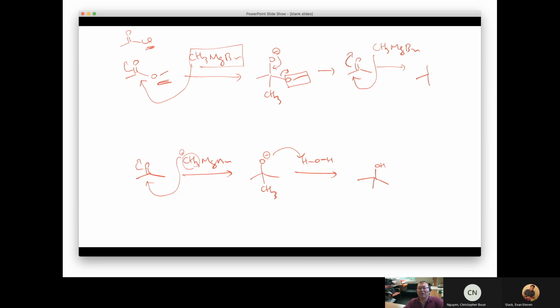Then the second methyl group attacks the carbonyl of the ketone, and we get an alkoxide, and then there's nothing that can happen because there's no leaving group. It waits until you add the water, so you pick up the proton, and then you get the alcohol. But the difference is you are adding two Grignard reagents in the end to the ester, and then you get